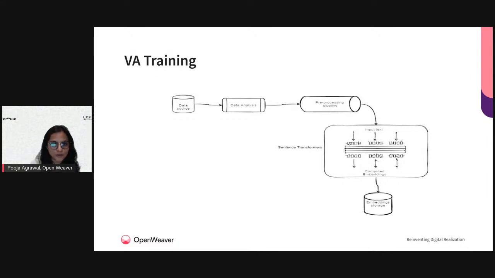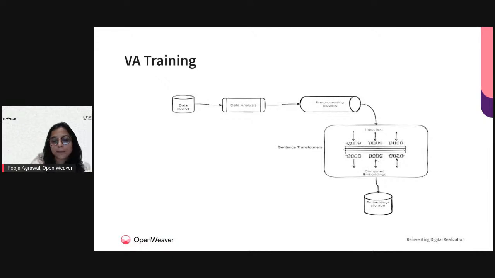You initially have your data source. Your data source is any FAQ articles, let's say for today's case. Then you analyze the data that is provided, exactly what is present and what needs to be removed, what is unnecessary. So first we analyze the data, and based on the analysis using your pandas and numpy, the most important essential libraries in Python, we pass that data into a pre-processing pipeline.